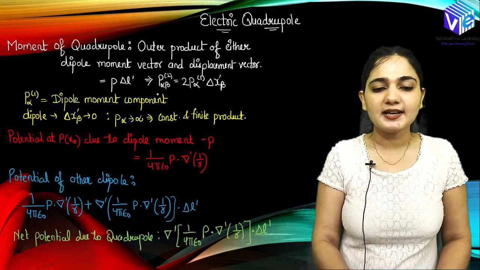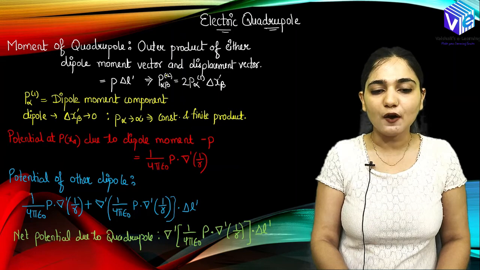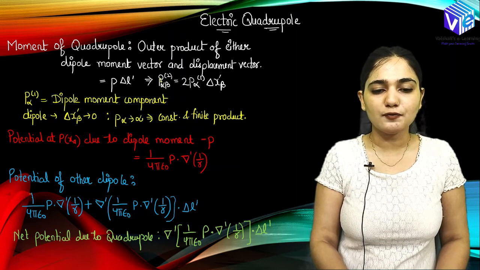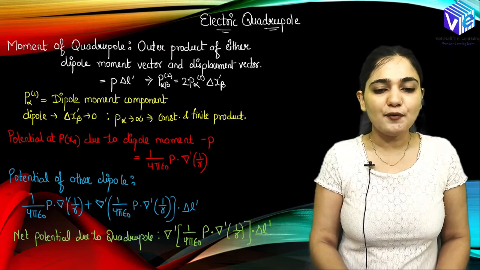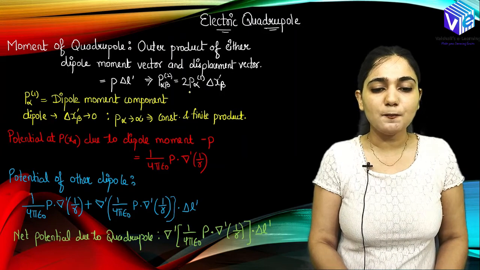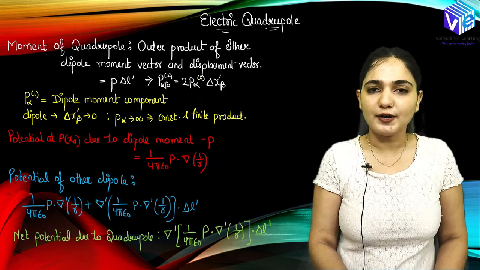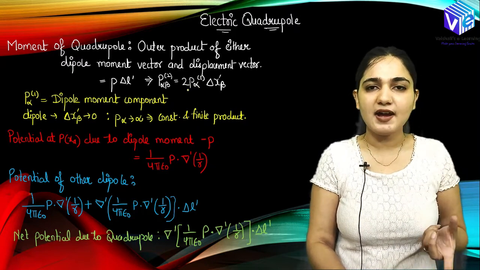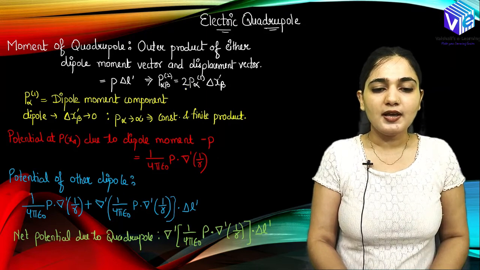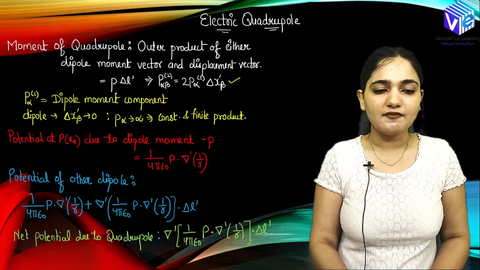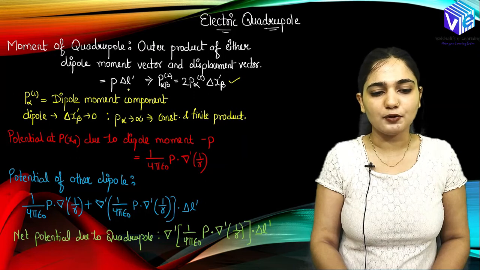So I can represent it as p alpha beta of the order 2, because this quadrupole is a multipole of the order 2. So we have represented 2 over here. So we can represent it as 2 into p alpha, right? This is the moment of the order 1. If I take the moment of the first order dipole, I can easily find out the moment of the quadrupole. So I can take p alpha 1 and multiply it with delta x dash beta, and this is how I can find the moment of the quadrupole, right?